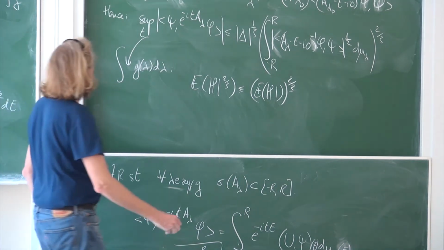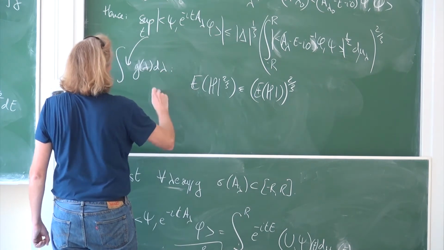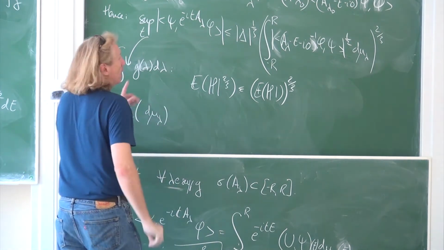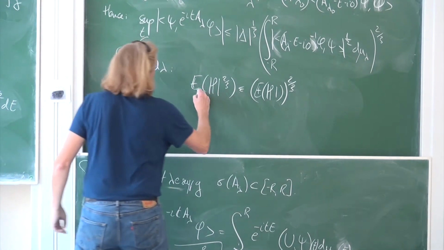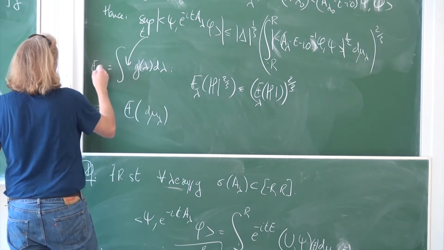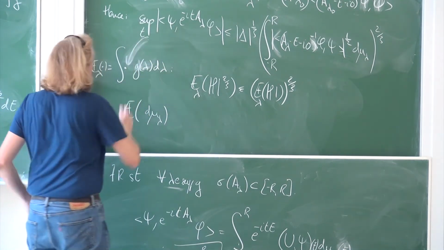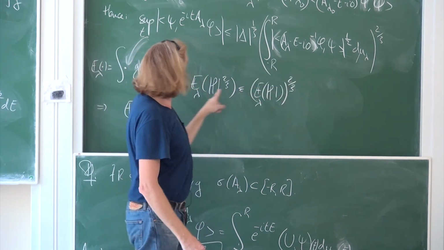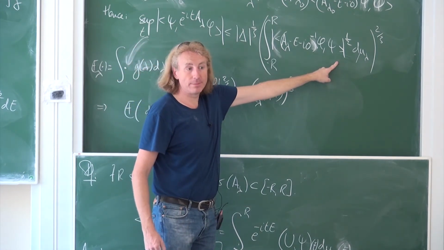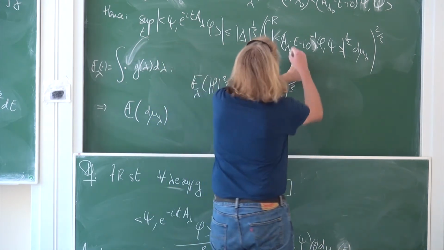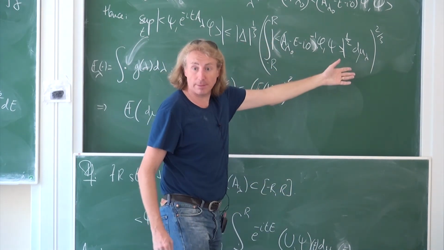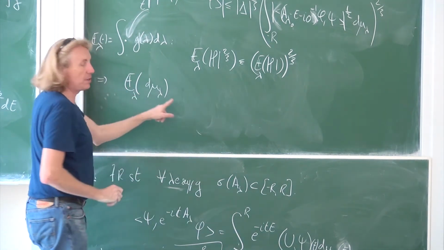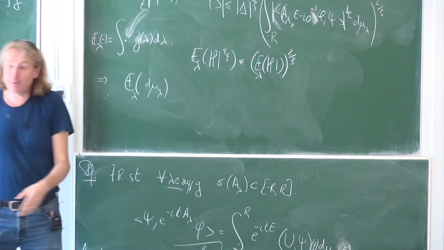Okay, so we get that if we take the expectation of d mu lambda, so if you take now this expectation, that's what I call E lambda. So this is what I call E lambda of dot. Now, I take E lambda of dot of this side. I take the same E lambda of dot of that side. Now I use this inequality to put the E lambda in here. Sorry, there's a lambda 0 here. This doesn't depend on lambda. It's only d mu lambda, right? So what I get is that I need to compute E lambda of d mu lambda, right? But this is given by the spectral averaging theorem,